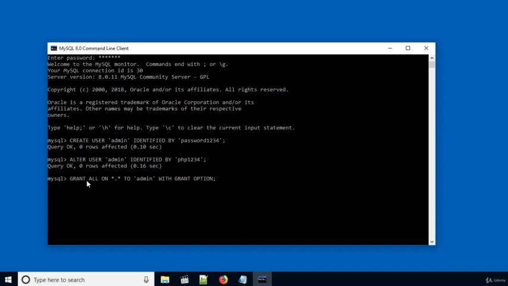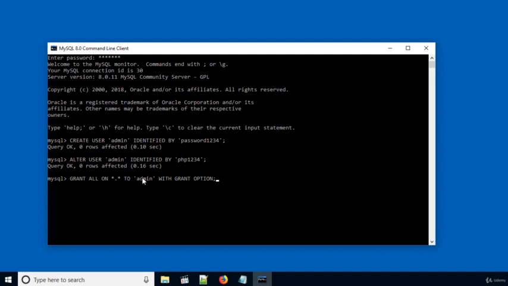Here grant all means grant all privileges. On star dot star means all the databases with all the tables. The first star means all databases and the second star means all tables. If you want to give the user access to only one database, instead of star dot star, you can mention the name of the database dot star here.